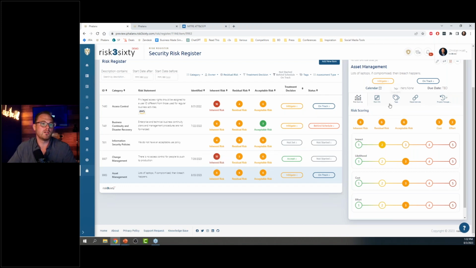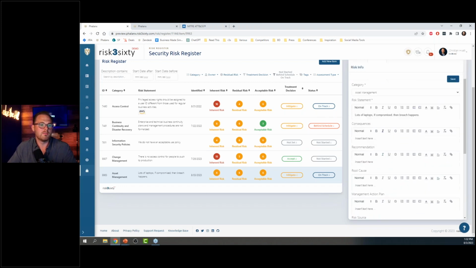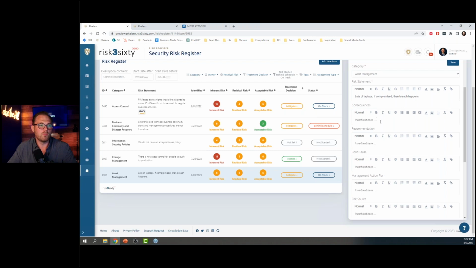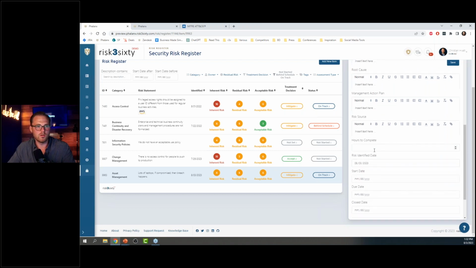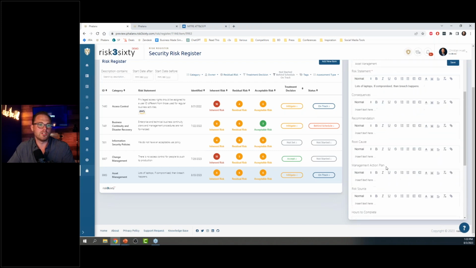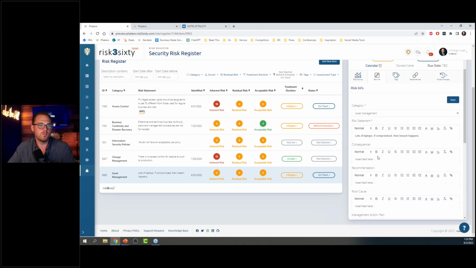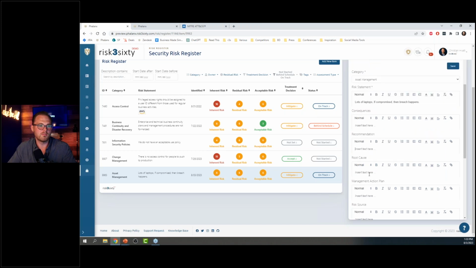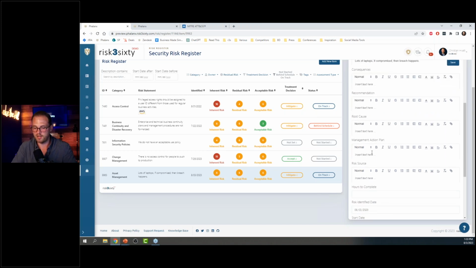Other things you would want to do is document the owner. So if I open this up, make it clear who owns that thing, what they're going to do about it. So maybe if John owns this, we'll go down here and talk about who owns it. John owns this risk. I would reach out to John and say, hey, John, what are you going to do about this? And he's going to put in a management action plan and say,